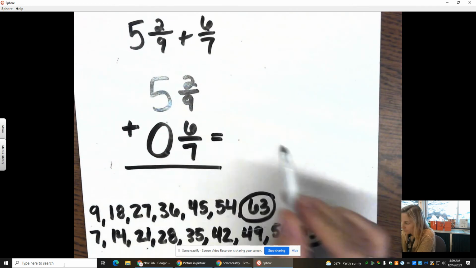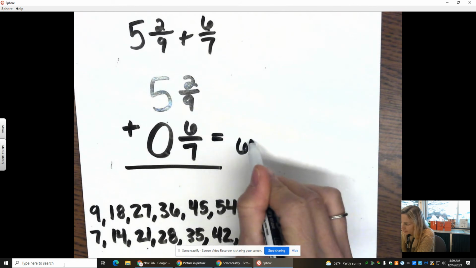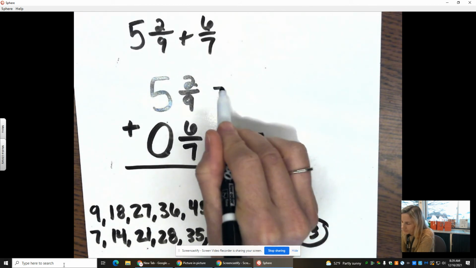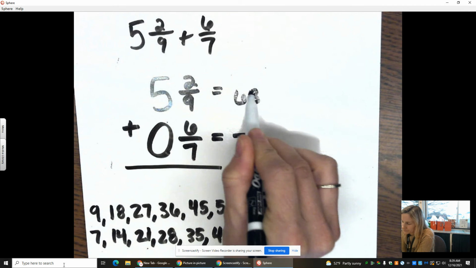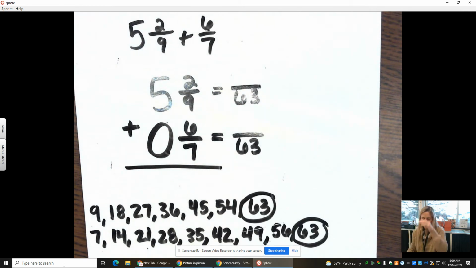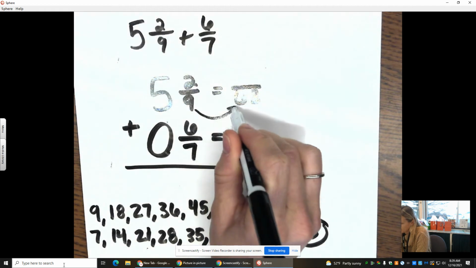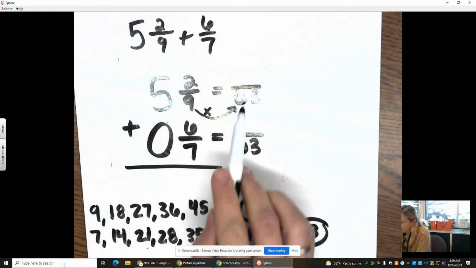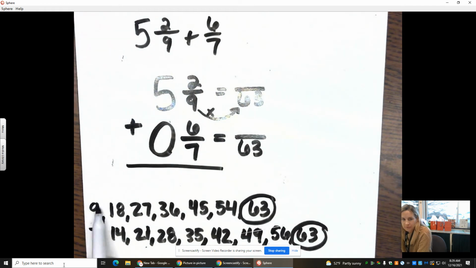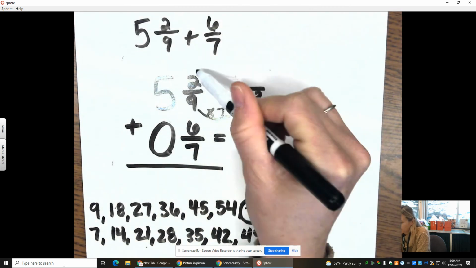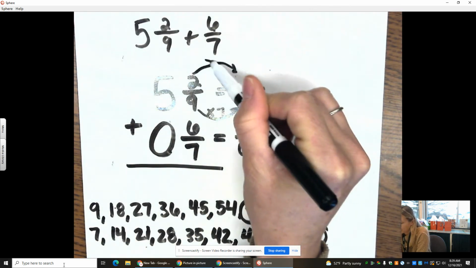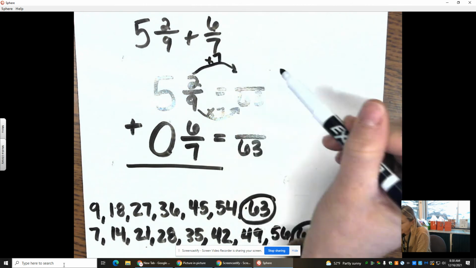So we're going to convert into 60/3. All right, so we're going to think. When we were doing 9 times what gave us 63? 9 times 1, 2, 3, 4, 5, 6, 7. 9 times 7. Whatever I do to the bottom, I have to do to the top. 2 times 7 is